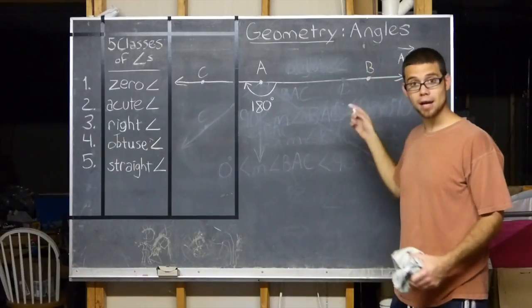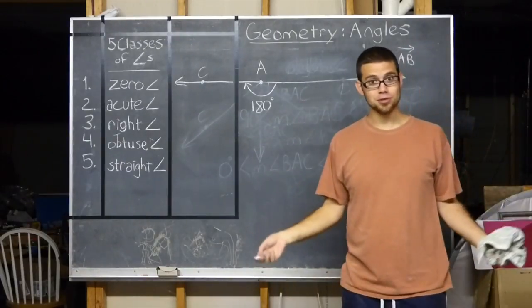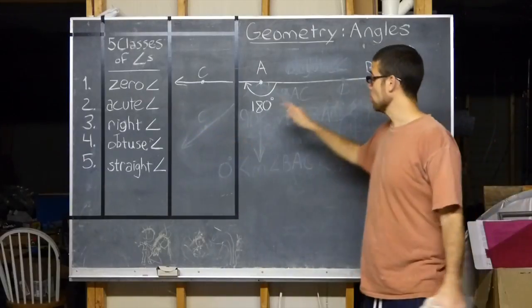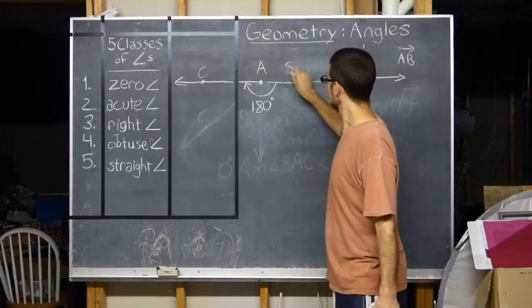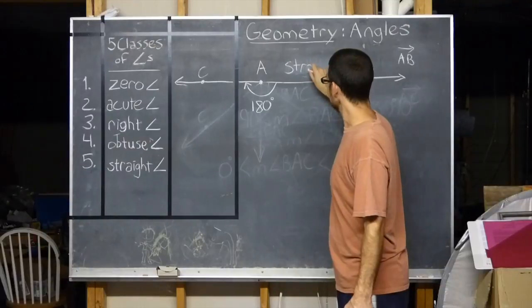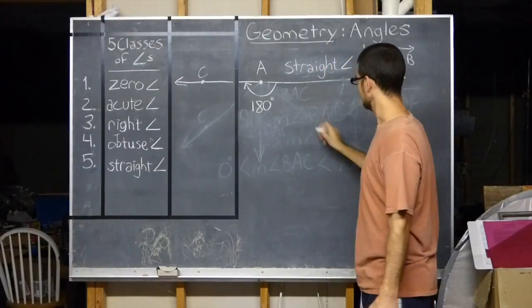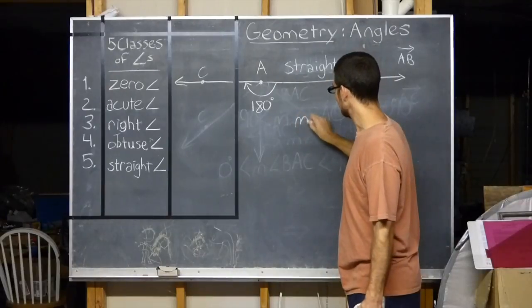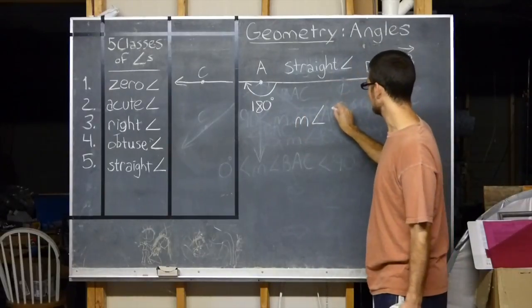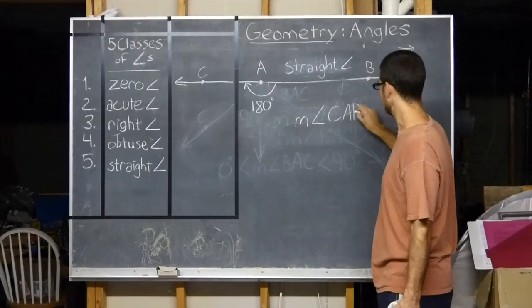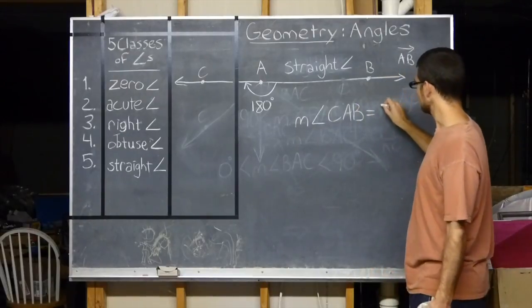They're all on the same line. And a line, as you know, is straight. And so we call this angle a straight angle, which means its measurement of angle CAB must equal